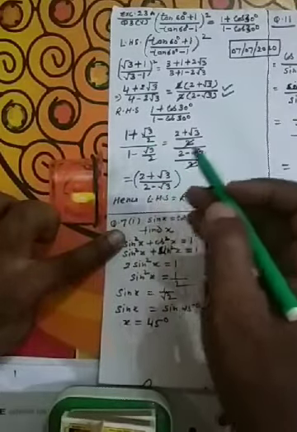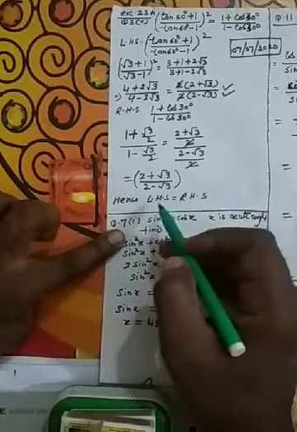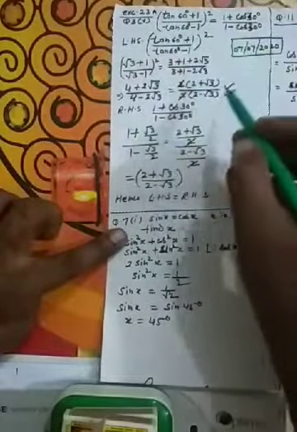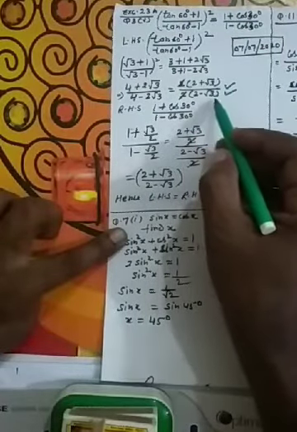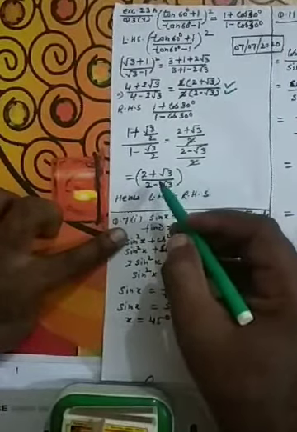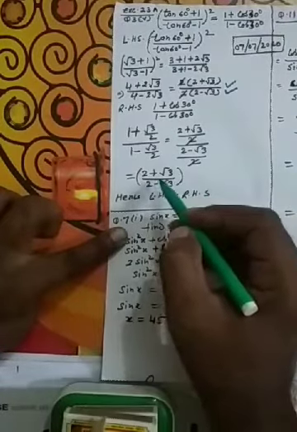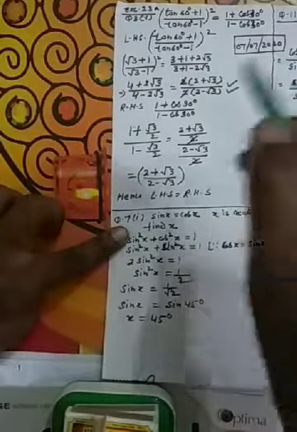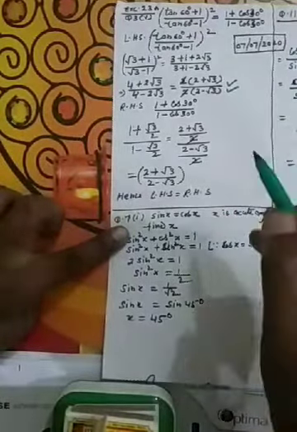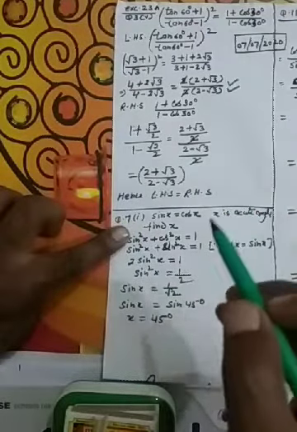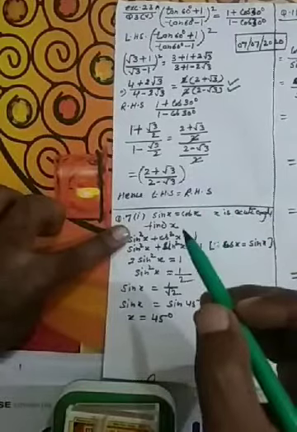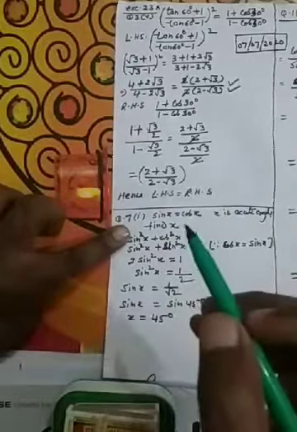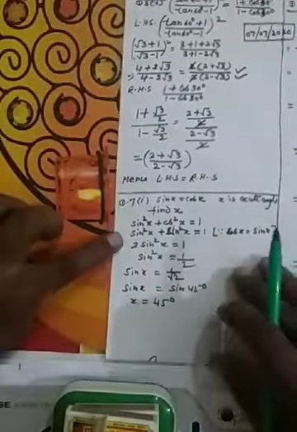If left hand side is equal to the right hand side, it means hence proved that this question has been proved. Because the value of left hand side we are getting 2 plus root 3 upon 2 minus root 3. In the same way, when we are solving the right hand side, it is coming 2 plus root 3 upon 2 minus root 3. So hence proved that left hand side is equal to the right hand side. In this exercise you have to do all the questions according to this. In proving questions, first solve left hand side, then solve right hand side. If both are coming the same, it means you have proved.